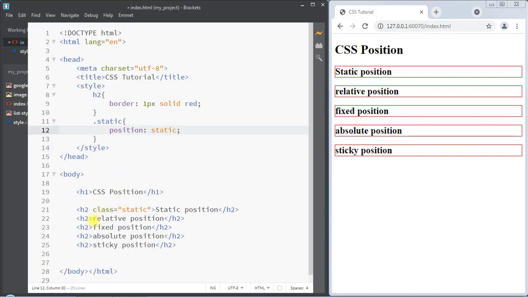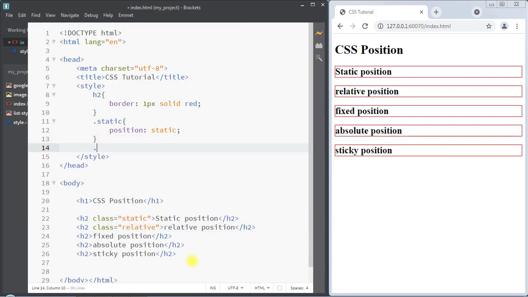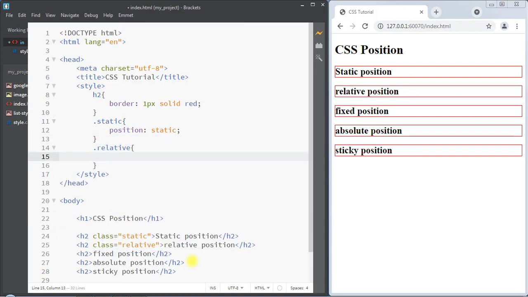Next we have the relative positioning method, where elements are positioned relative to their normal position. If we add a class called relative, then from inside the style tag we select the class and use the position property with the relative positioning method.